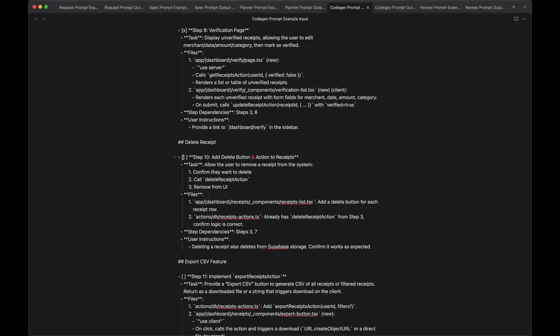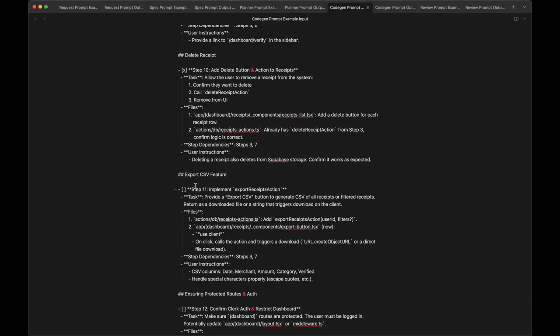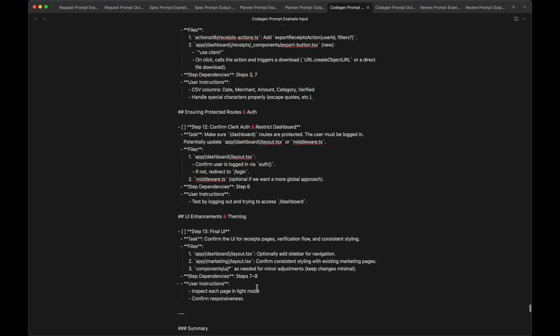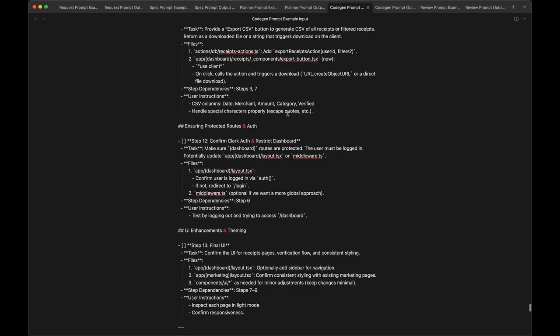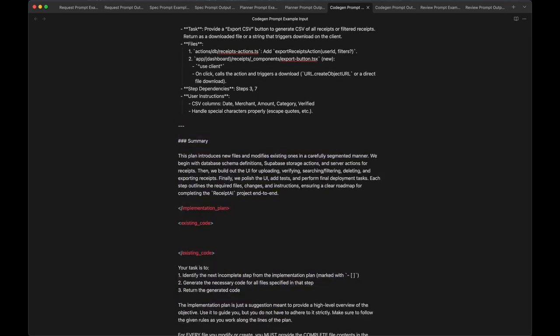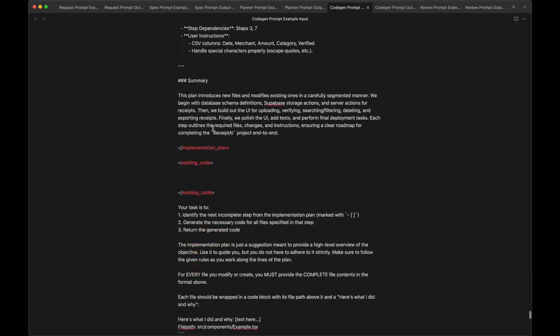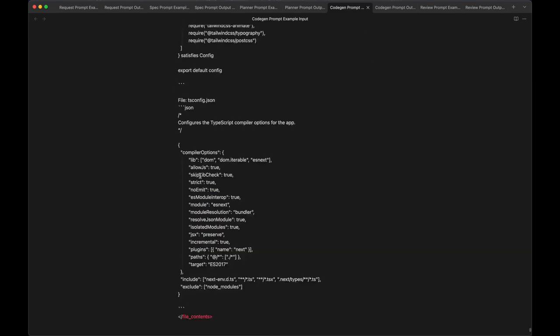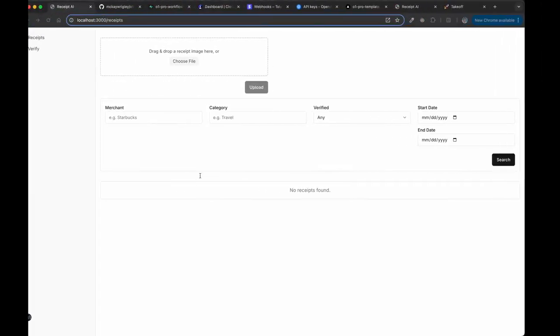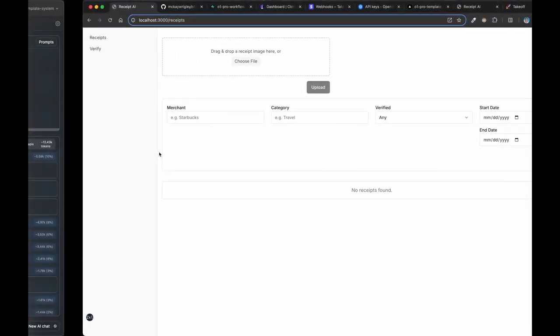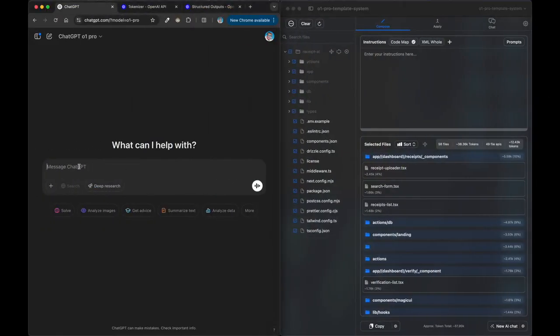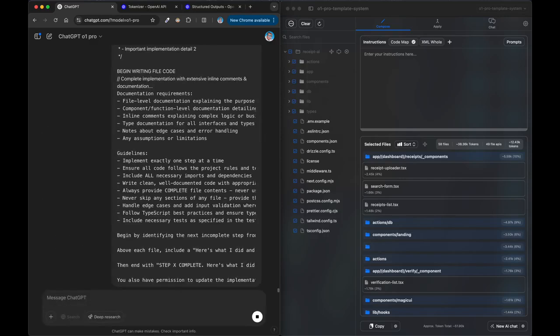And what I'm actually going to do, guys, is because this step 11 is kind of our last feature, I'm actually just going to get rid of step 13 and 12 because these things kind of cover some of the stuff that you would want to use our review prompt for. So this is going to be our last step. We're going to get this export CSV working. And of course I need to paste that code I just copied. So let's get this final feature running,